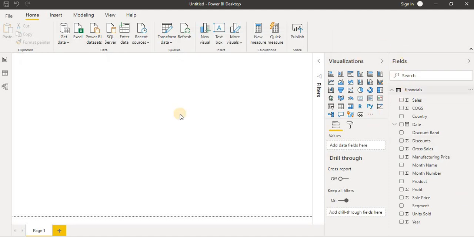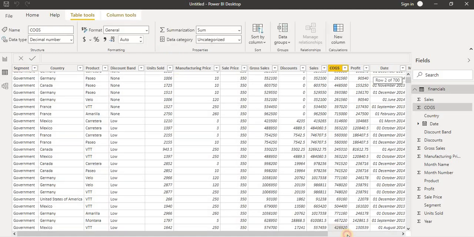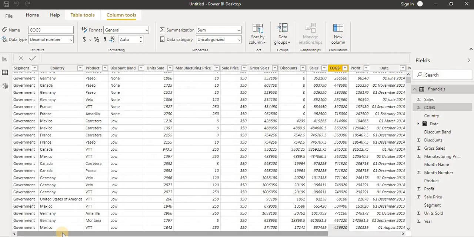I have loaded one data source, and you can see all the existing columns here and how the data looks. There are a different number of columns, and this is the data. Now let's create the new columns here, the calculated column and the measure column, and see how they look.